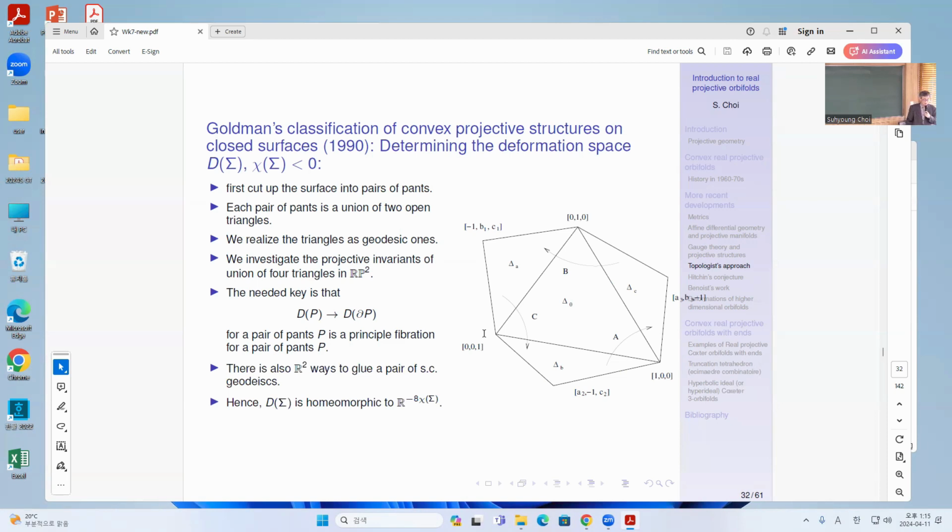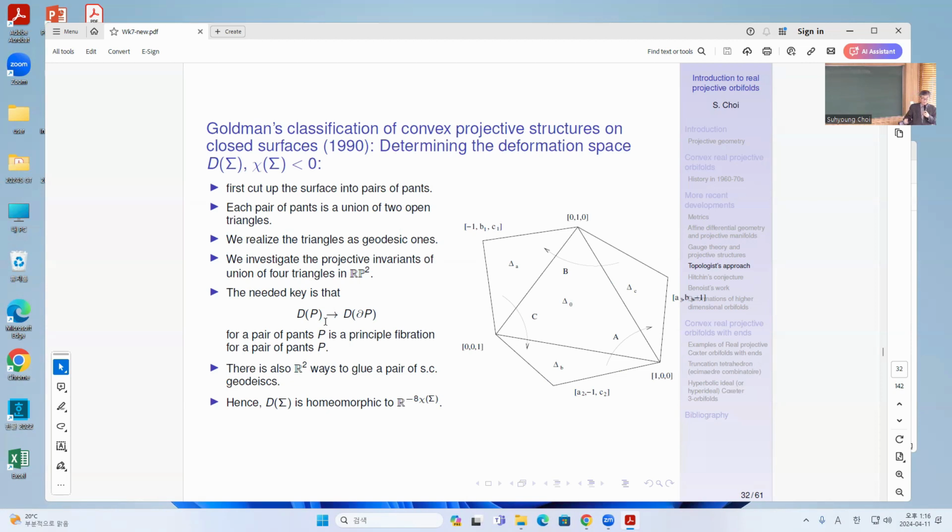Once you have this, you can fix the boundary invariance. And if you fix boundary invariance, you can glue these things. As long as the boundary invariance is the same, you can glue these back, and then again you can show that the whole space is homeomorphic to a cell. Because this is a cell and this is a fibration of a cell. So T_P is a cell, and then you have to do the construction similar to what I showed about Thurston's work,